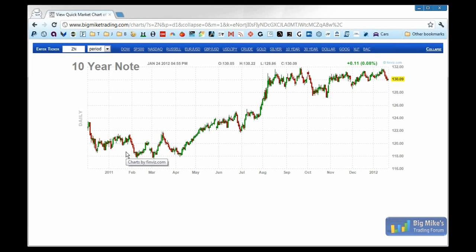For the monthly top in the 10-year notes, which is the most likely first downside target? I'm going to give you 4 answers. I need you to type in one of the 4 things that I'm about to say: the EMA, the November 2011 high, the February 2011 low, or the bull trend.